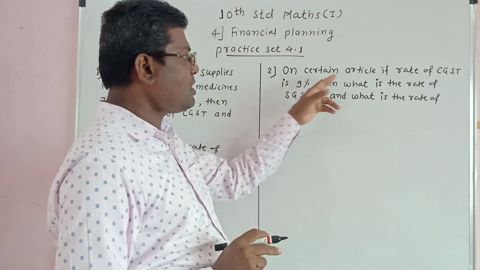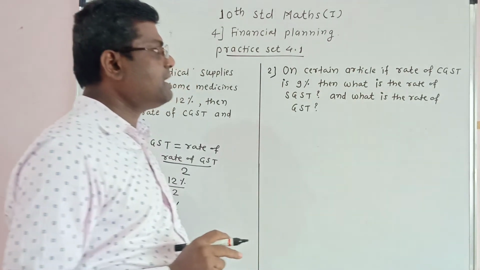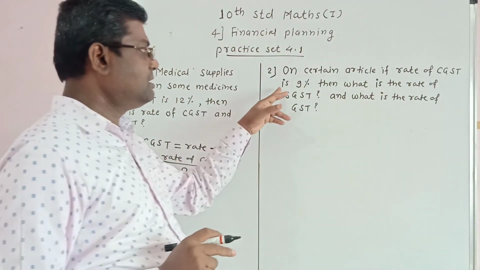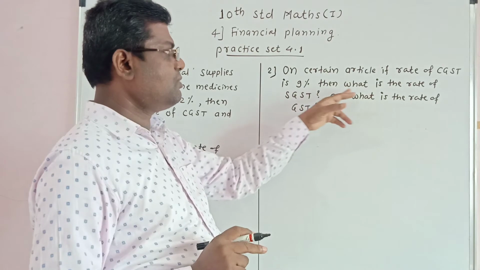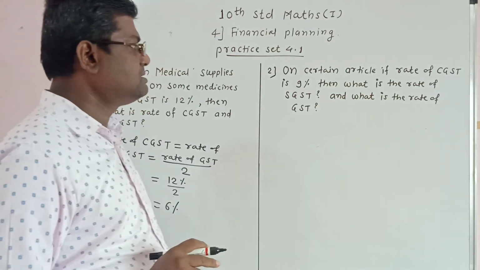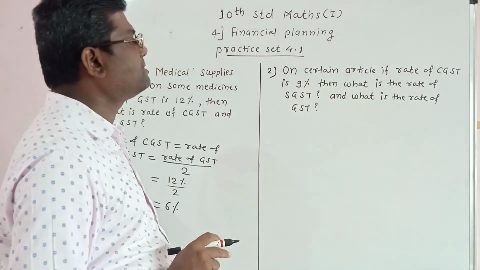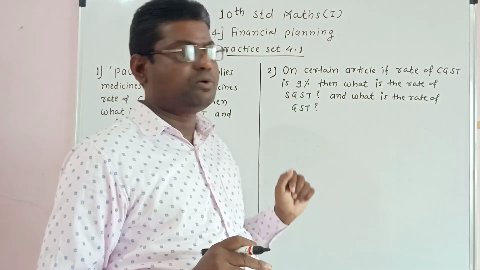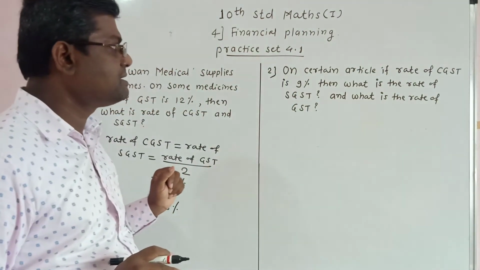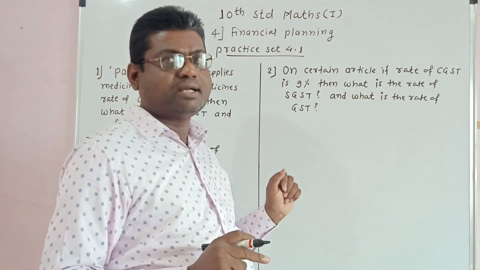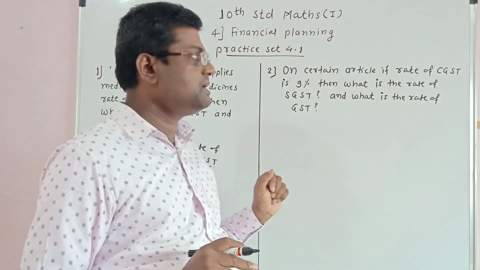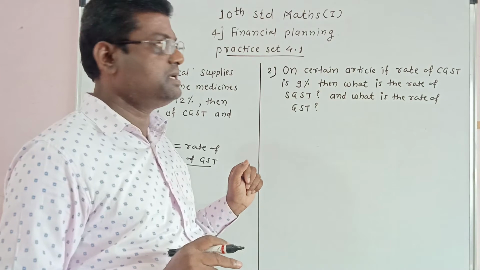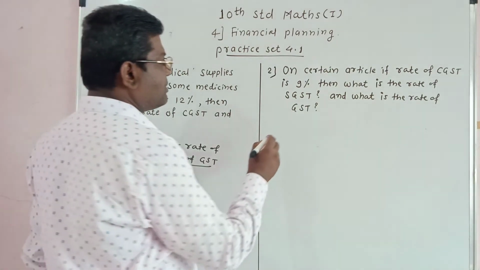Question number 2. On certain article, if rate of CGST is 9%, then what is the rate of SGST and what is the rate of GST? Rate of CGST is equal to rate of SGST and rate of GST is equal to rate of SGST plus rate of CGST. Therefore, we write here